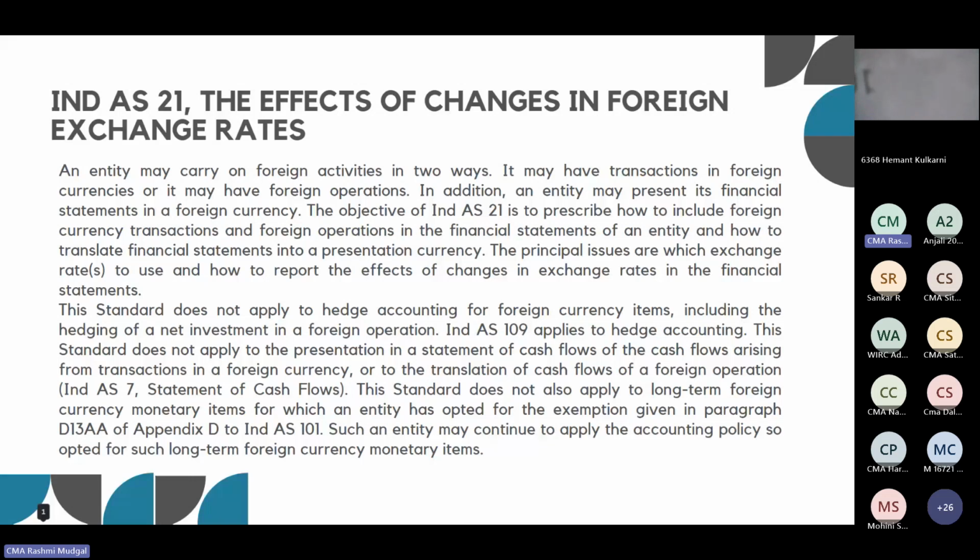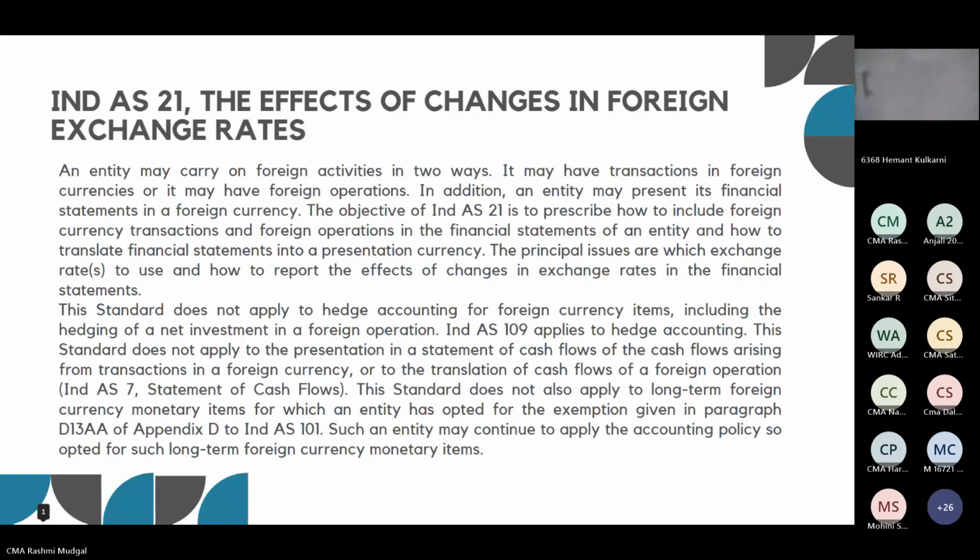So what happens? An entity may carry on foreign activities in two ways. It may have transactions in foreign currencies, or it may have foreign operations. In addition, an entity may present its financial statements in a foreign currency. The objective of Ind AS 21 is to prescribe how to include foreign currency transactions and foreign operations in the financial statements of an entity